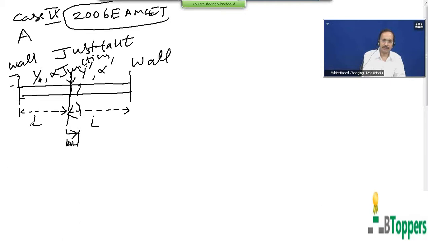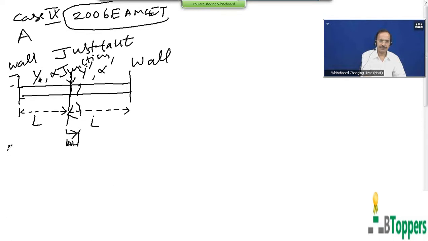So when the temperature of the system is increased, the length of one of the rods may become more than L, whereas the length of the other rod will decrease and become less than L, but the total length of the two rods between the two walls will remain constant, because one end of each rod is fixed rigidly to a wall or support, which prevents the expansion at that side. So the length of one rod may become more than L and the length of the other may become less than L, but the total length of the two rods remains the same.